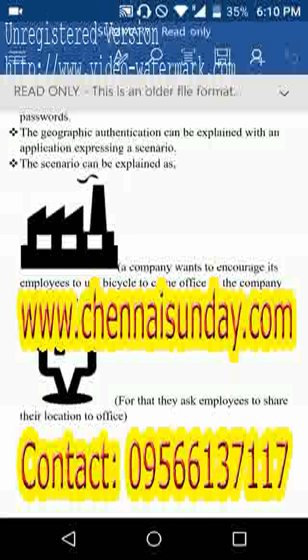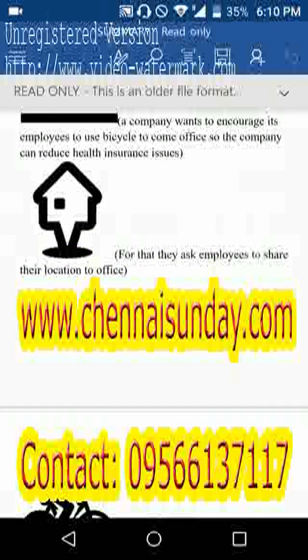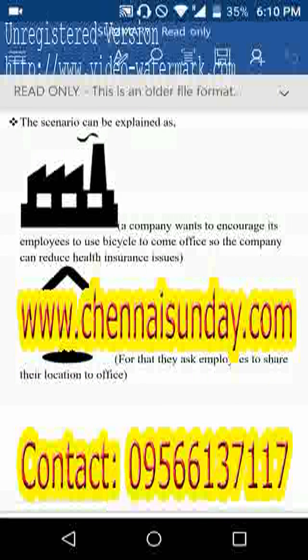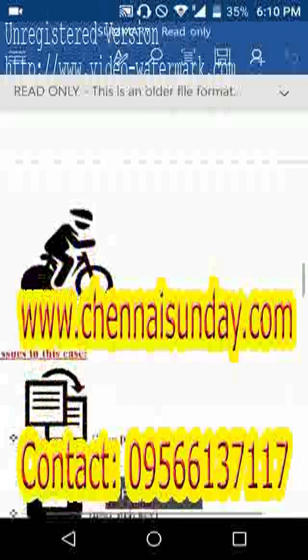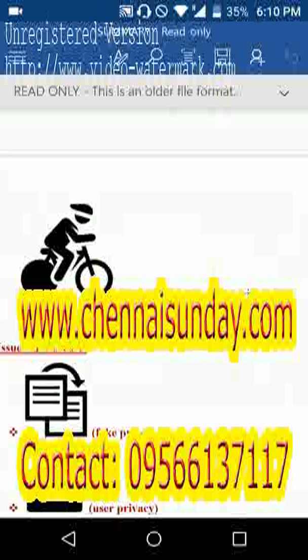So they can reduce health insurance. So the company asks employees to share their location with the company. The company gets the location and manages the distance between the location and the user's place. If they are between 2 to 2.2 kilometers, the company encourages them to come by cycle rather than by